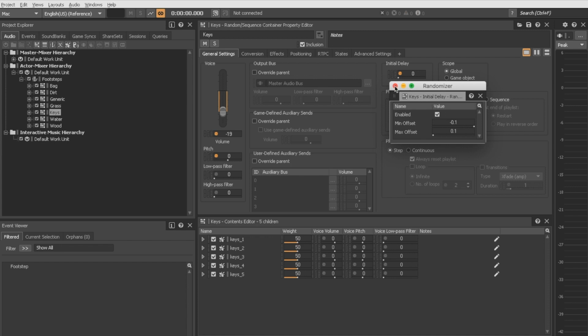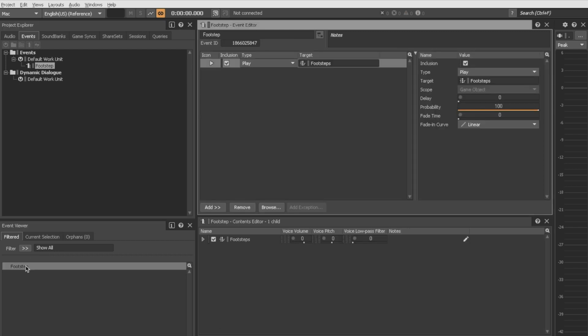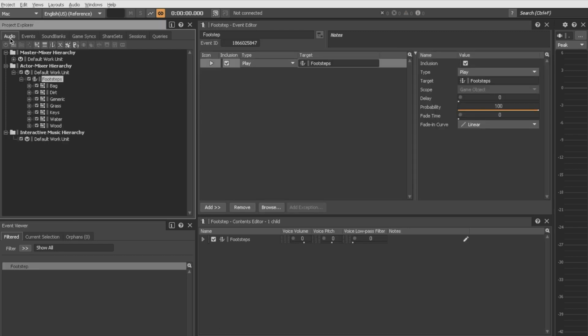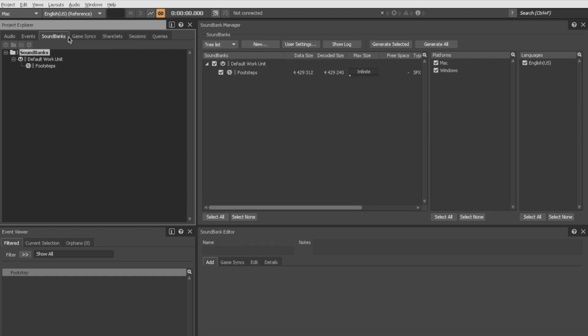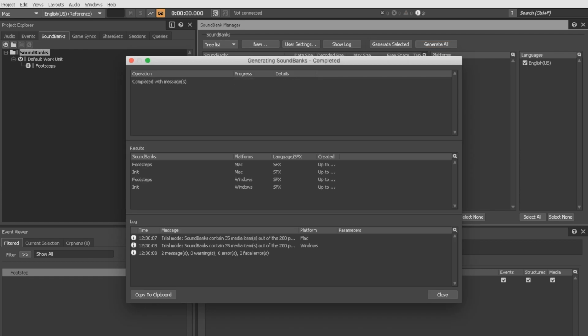Okay, so next I want to get the audio ready to play in Unity. So I created a footstep event, and by selecting this in the event viewer, I dragged in my switch container into this box here so that the event would reference these sounds. So I then went into the sound bank manager and dragged the footstep event into the footstep sound bank that I'd previously created. So now the footstep sound bank contains the event, which in turn contains the footstep switch container. So every time this sound bank is triggered, the footstep sounds will play, depending on the different surface that the user is standing on. So I next generated all my banks, and once that was done, I saved the project